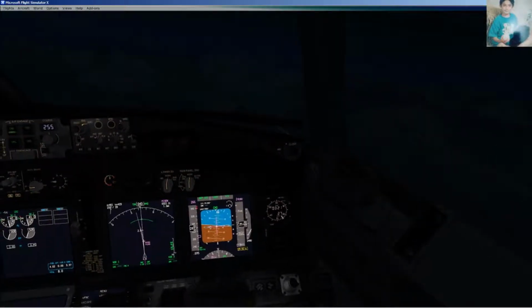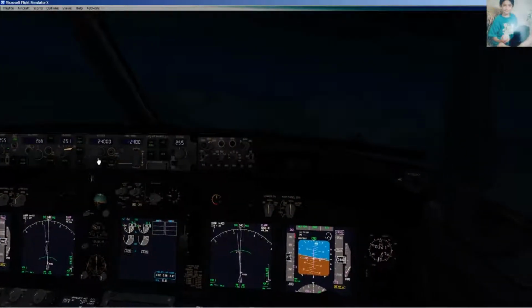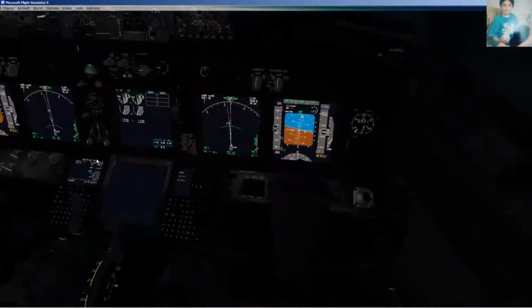Alright, we're not going to cross Meissen at 24,000 feet, but oh well. We're going to be close. Should start that descent a little bit earlier. No big deal. Close enough. Okay, so let's go ahead and... where is my...